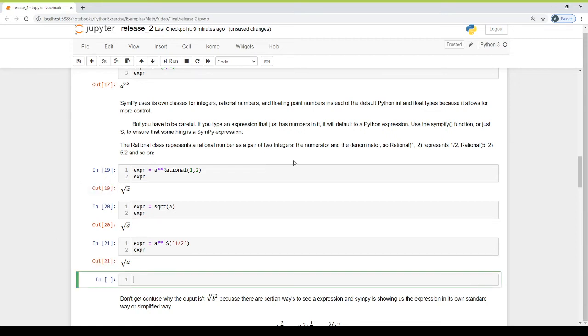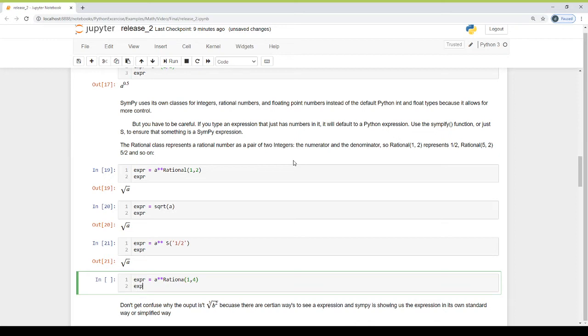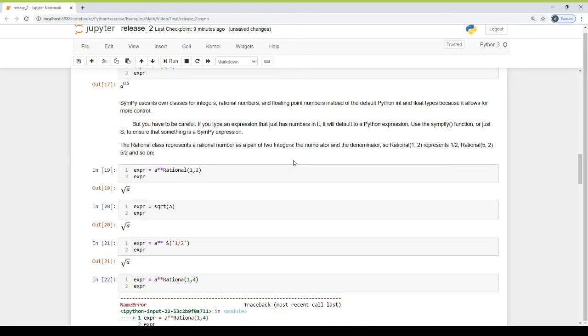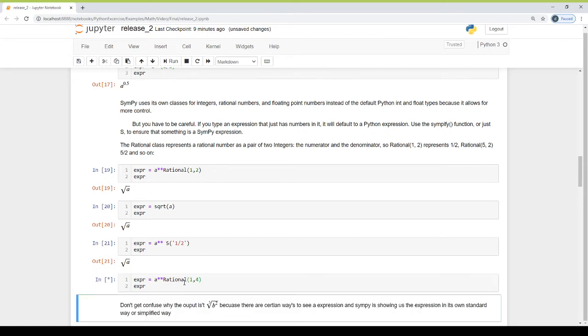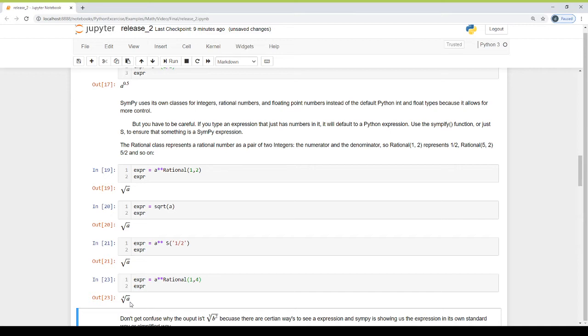For example, if we want the expression fourth root of a, then we will do a raised to the power Rational(1, 4) and print the expression using pretty printing, and you execute the code. Okay, Rational, shift enter, it is the fourth root of a. To print the cube root of a, we will use 3 here.